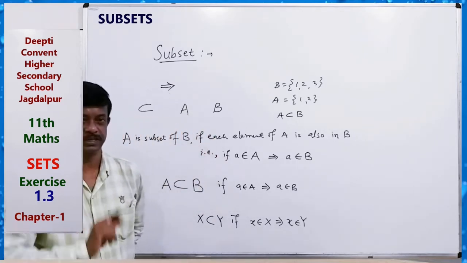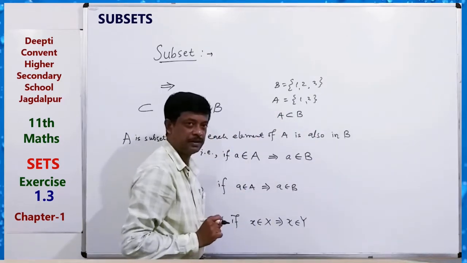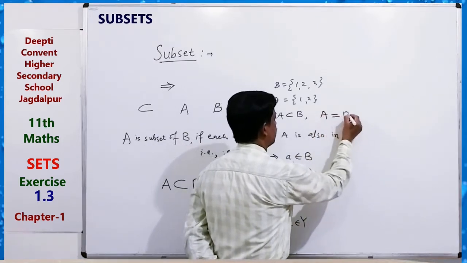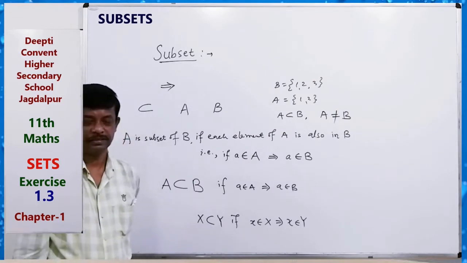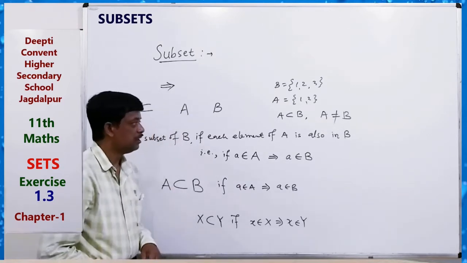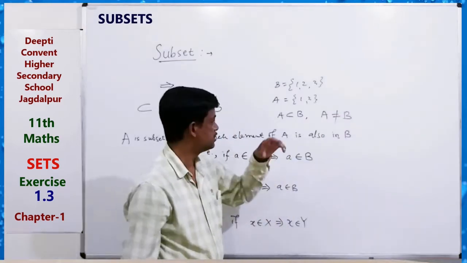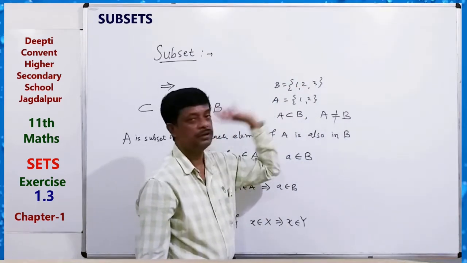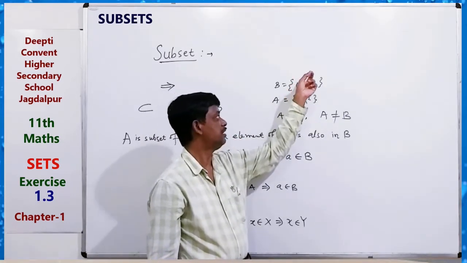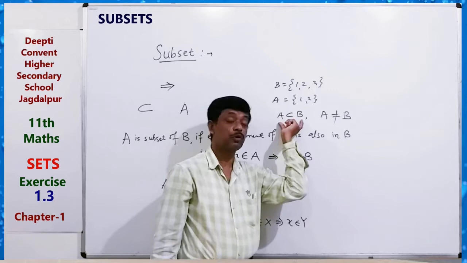In the case of a proper subset, when A is a subset of B and A is not equal to B. We know the equality of two sets; also in terms of subsets, we are defining equality of sets. Here A subset B and A not equal to B means every element of A is also an element of B, but A not equal to B means there is an element in B which does not belong to A. Then we say that A is a proper subset of B.